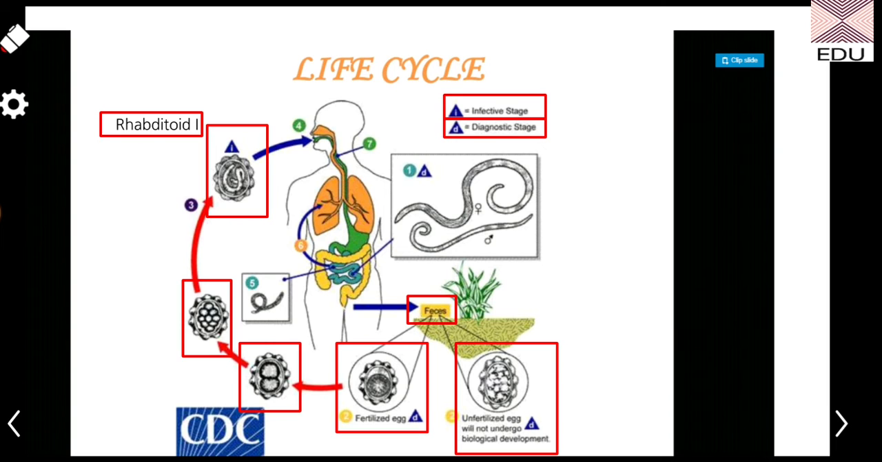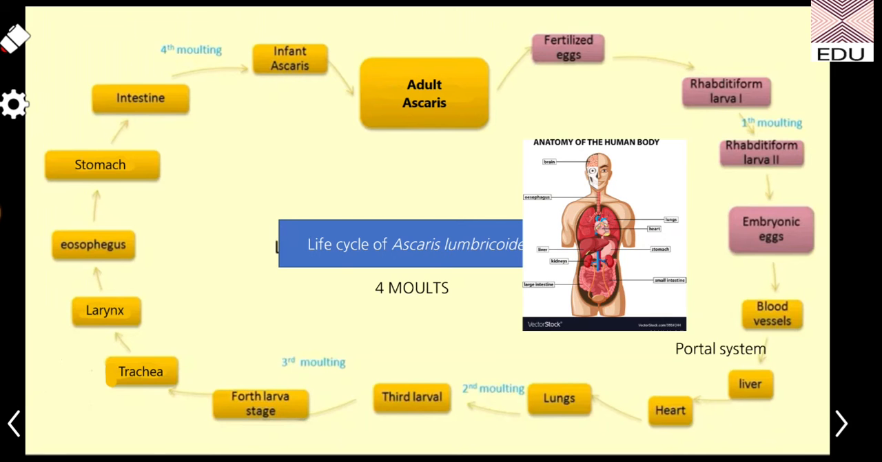Now, if we go further, up till now, we know that the rhabditoid 1 has reached other humans by ingesting it. Now, the next slide is giving you the overall cycle of the Ascaris. Now, students, this is a very, very important slide, and we should be going